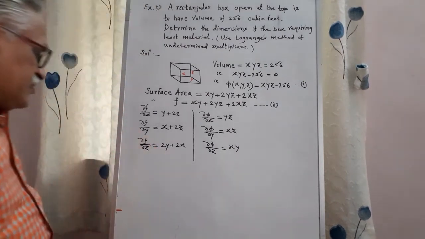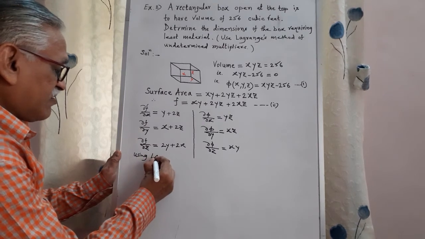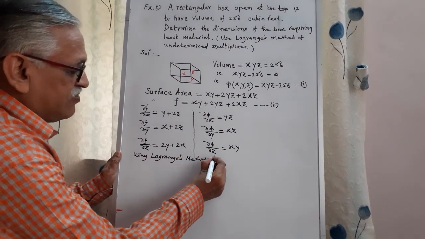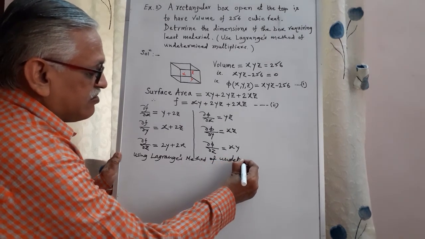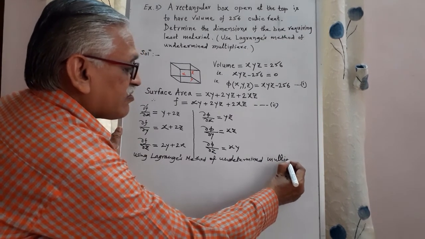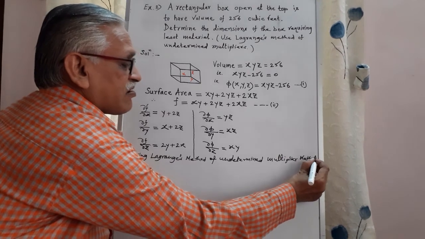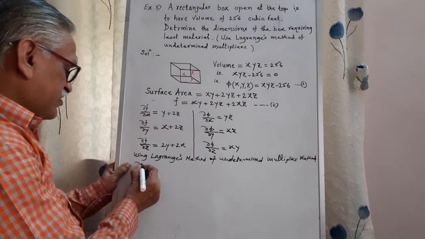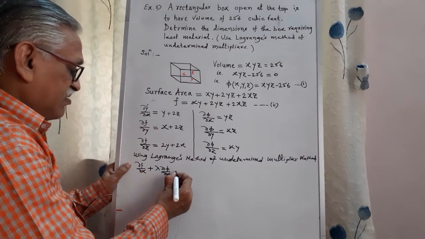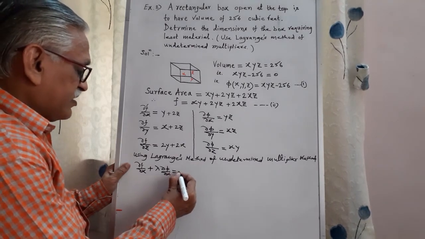Okay, and then using Lagrange's method of undetermined multipliers technique, we have the first result: dou f by dou x plus lambda into dou phi by dou x, and equating it to 0. It implies